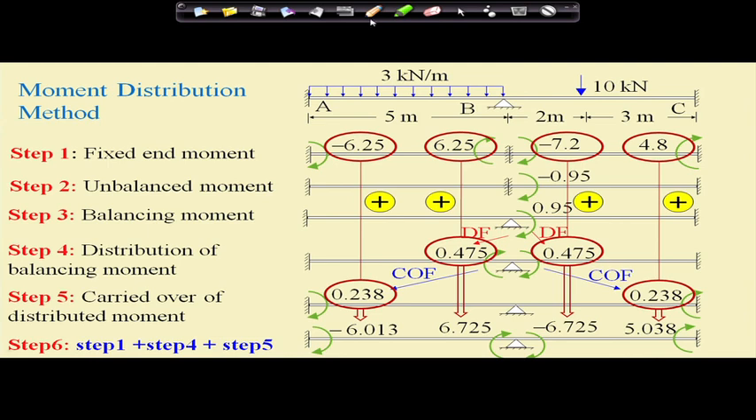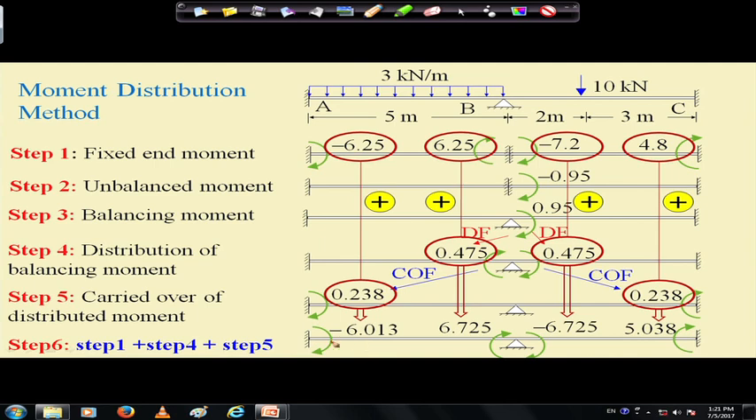So now this step is essentially for the next cycle. We started with this when we saw that there is an unbalanced moment at this joint, and then we balance this unbalanced moment and correspondingly we have distributed and carried over moments. Now after step 6, let us see what is the present status, whether we have any unbalanced moment or not, right? Now if we have any unbalanced moment, then again we have to do the similar step 1 to